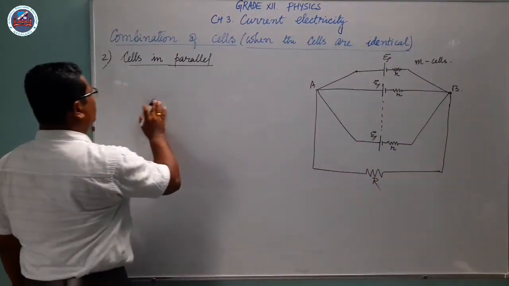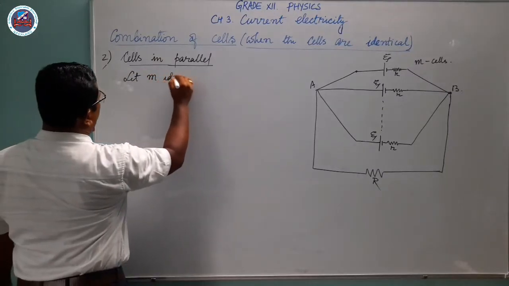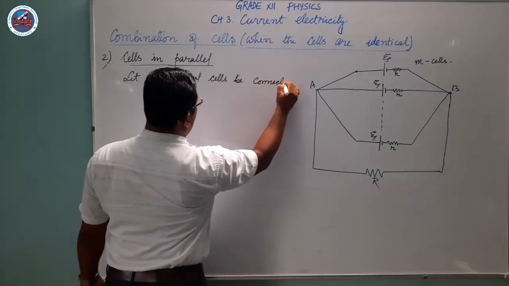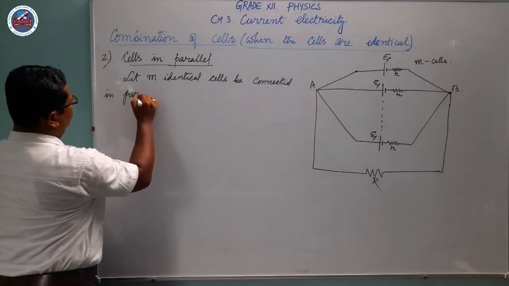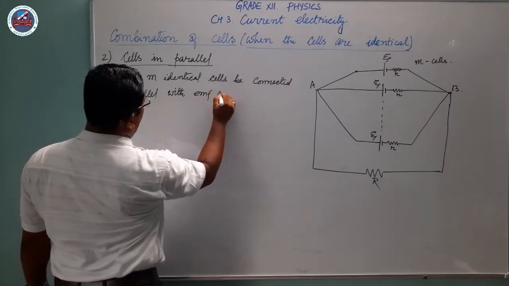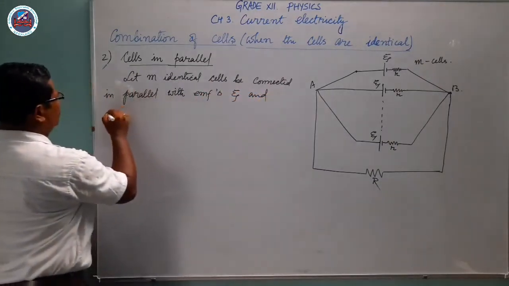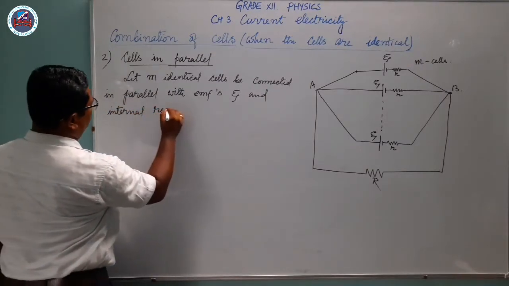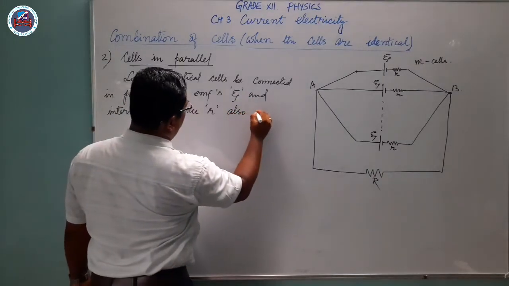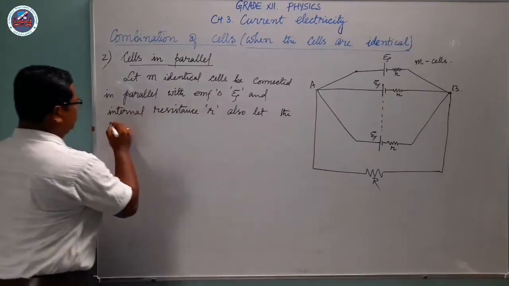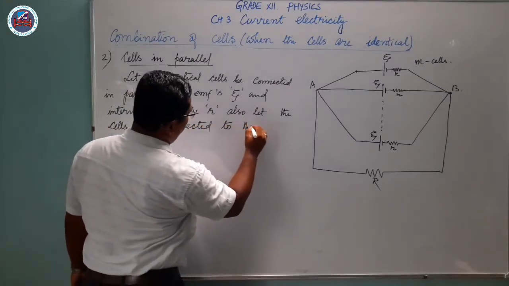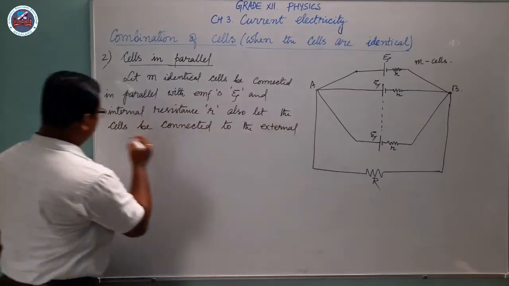So here also, like the earlier one, you can write down that m identical cells be connected in parallel with EMF epsilon and internal resistance R. Also let the cells be connected to the external resistance,